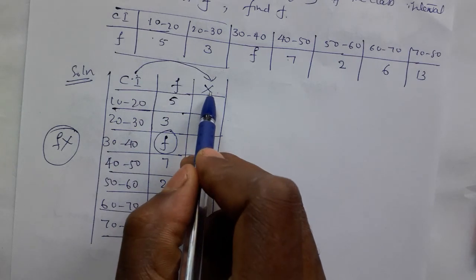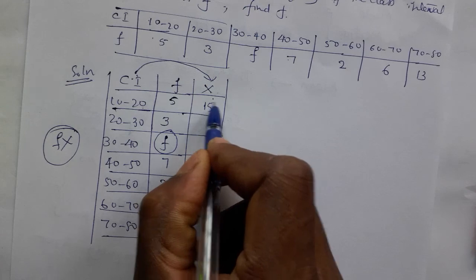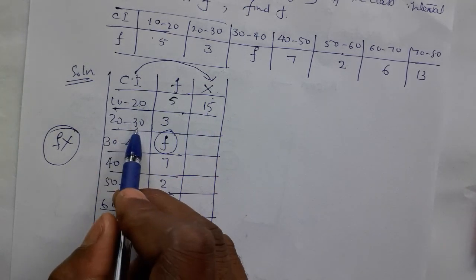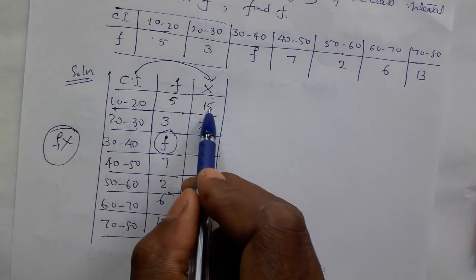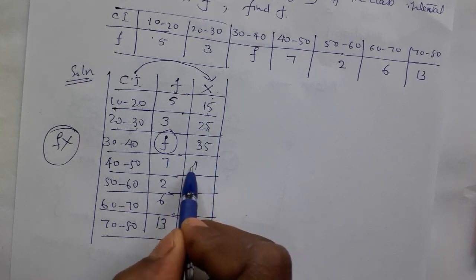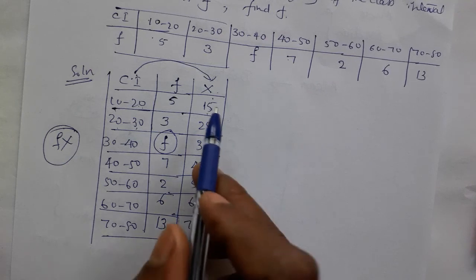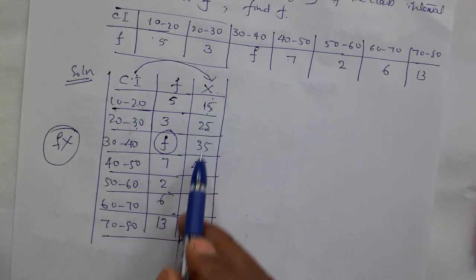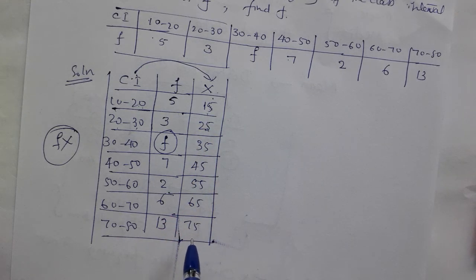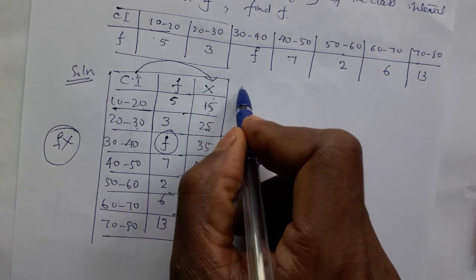The class interval is converted to x in what way? Between 10 and 20 we have to take the mid value. The mid value of 10 and 20 is 15. The mid value of 20 and 30 is 25. From 15 to 25, how much is the increase? 10. So we increase by 10 in the remaining boxes. Get the first mid value, the second mid value, and the gap between them is maintained until the last box. Then finding x is over. After that, what we have to do? Next is